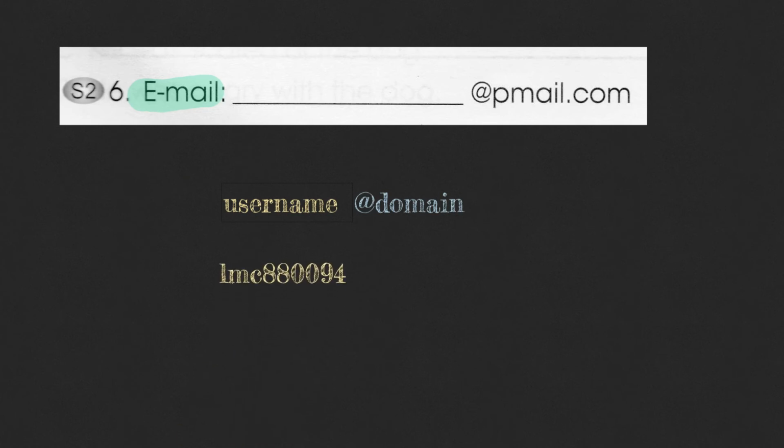Question 6. You see the word email, so you know that you will hear information about an email address. The general format of an email address consists of 2 parts. It is the username and the @domain. I'm going to give you an example. This is my email address. The first part is lmc880094 and the other part is